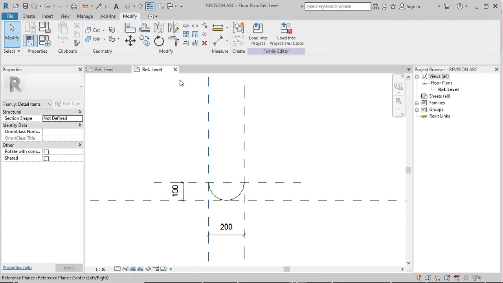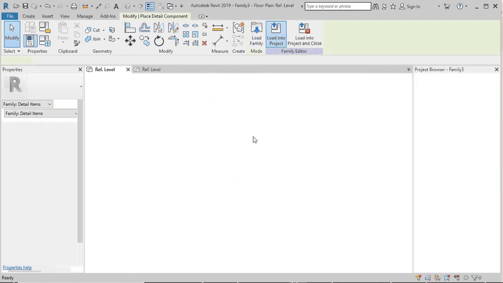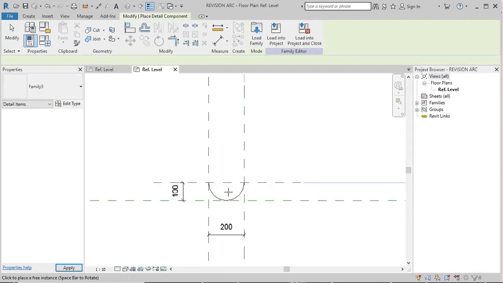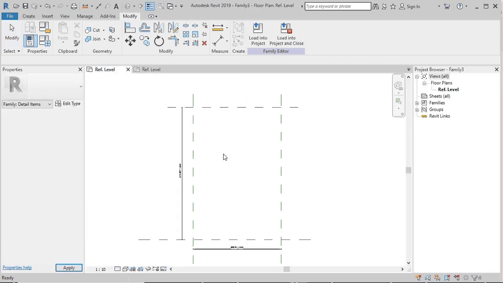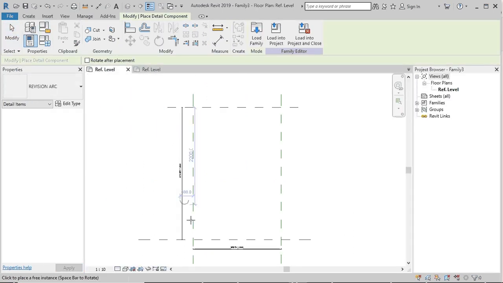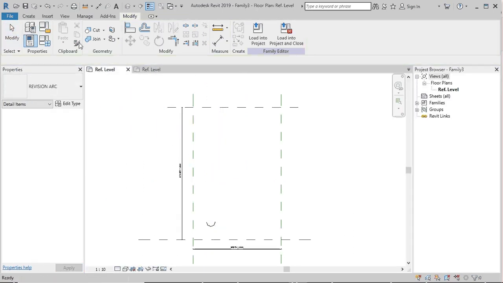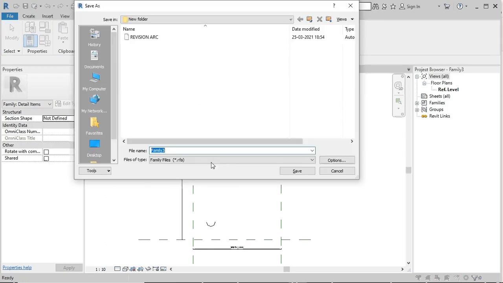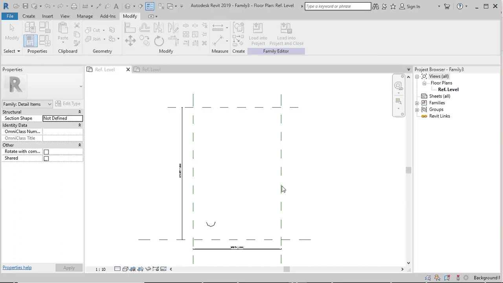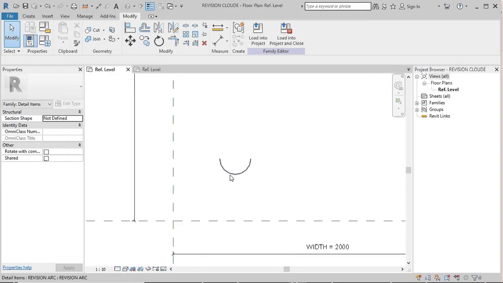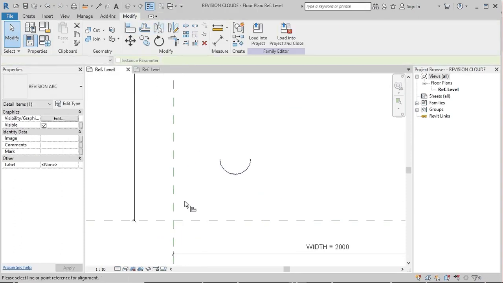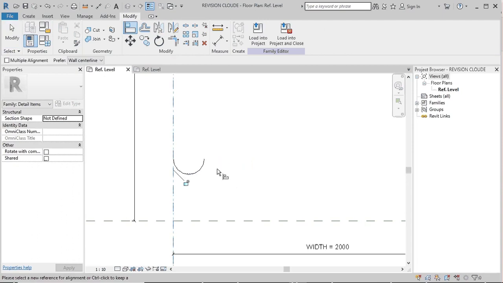Load into project. See, the arc is coming. This is the family name, revision cloud. All four sides use the arc.